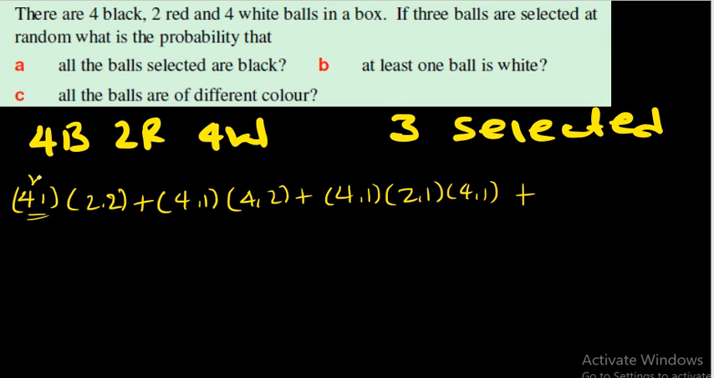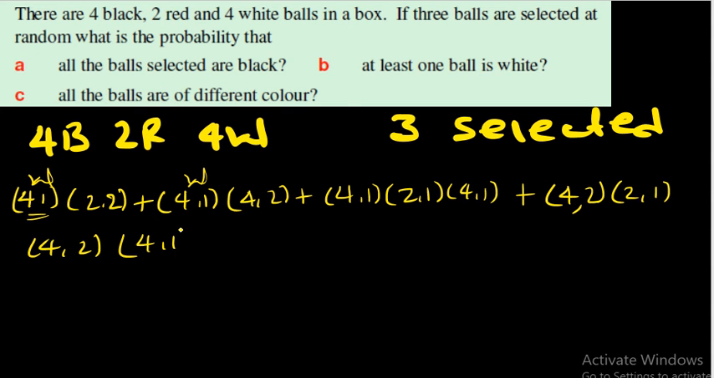If one of it is white, the other 2 can be red, or the other 2 can be black, or the other 2 can be one red and one black, it's okay. But if 2 of them are white, the other can be red, 2 combination 1. Or if 2 of them are white, then the other one can be black, 4 combination 1. The last